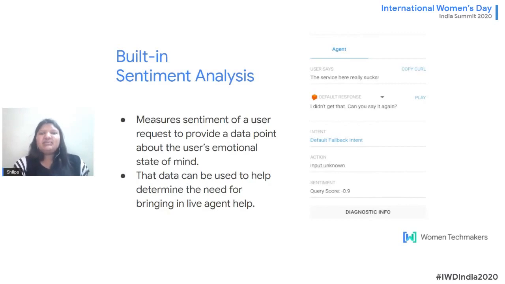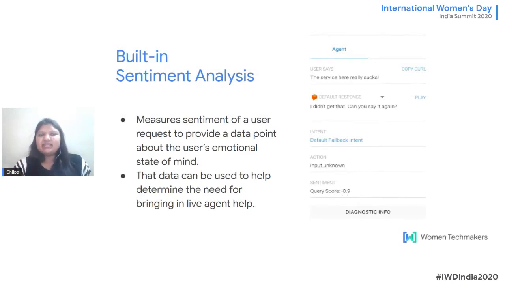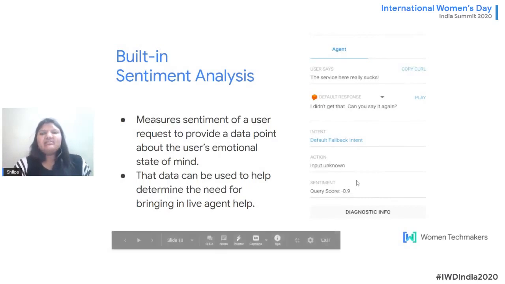So Dialogflow is coming up with this sentiment analysis as well, where you can directly add it on your answer. As you can see, we have entered here, I didn't get that. Say the user says this service really sucks. That means the user is upset with the service or something, right? For that, in Dialogflow, you can see the sentiment score over here, that is minus 0.9. So the sentiment is negative. Negative sentiment means the user is in a bad mood. The user is not in a good mood and is not in a positive mood. That's how we use sentiment analysis.